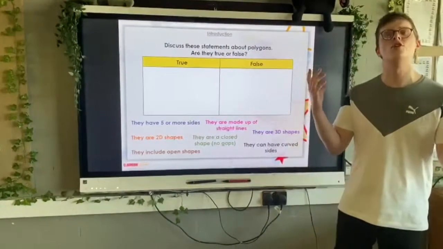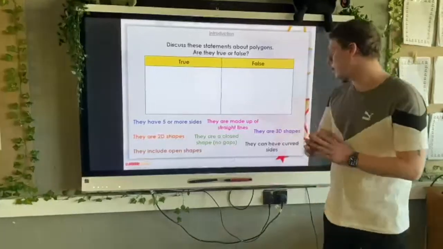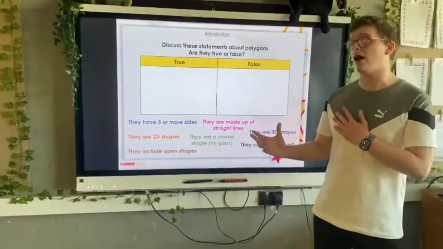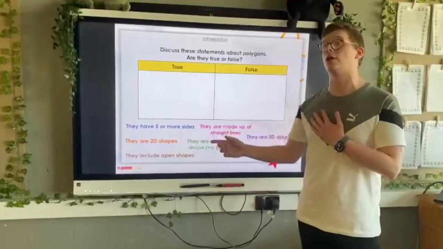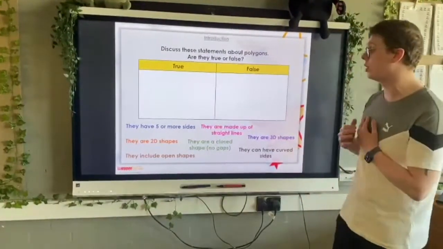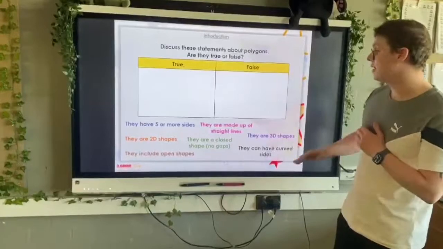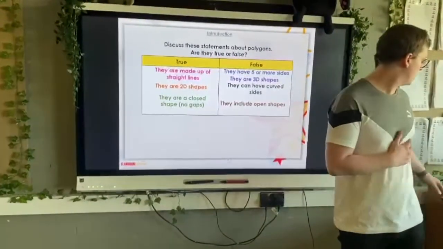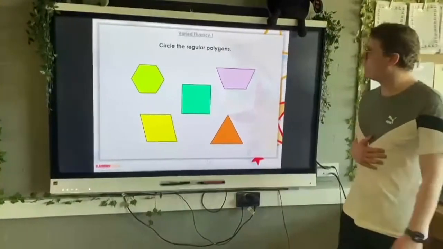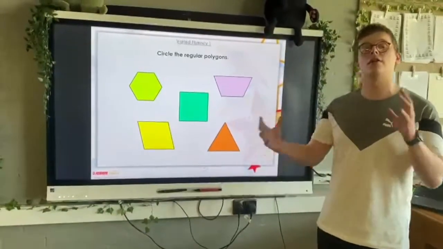And what this means is no gaps. They are made up of straight lines, not curved lines. They are always straight lines. So when we'll be working on polygons, we will be using a ruler when we are drawing. And so no curved sides. If we have a look at our final slides here, we're going to be looking at the difference between a